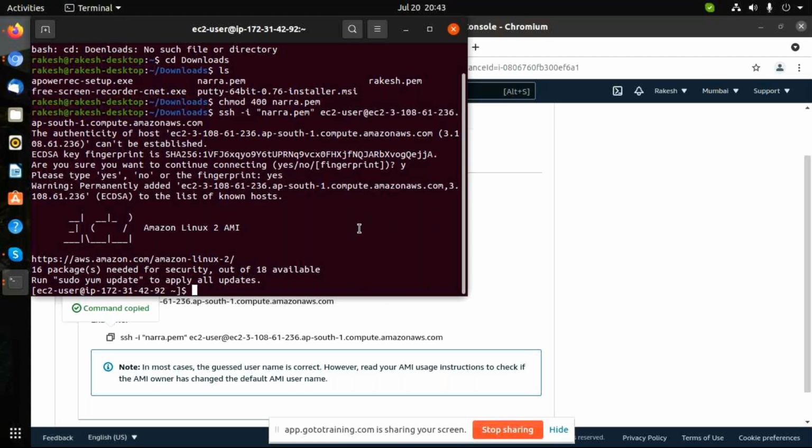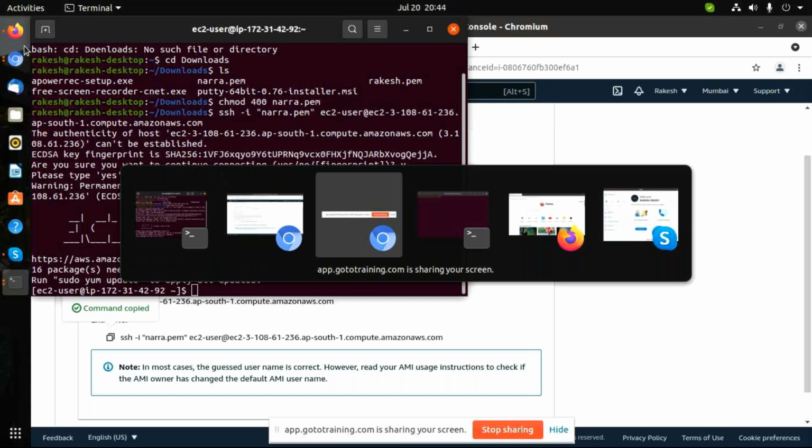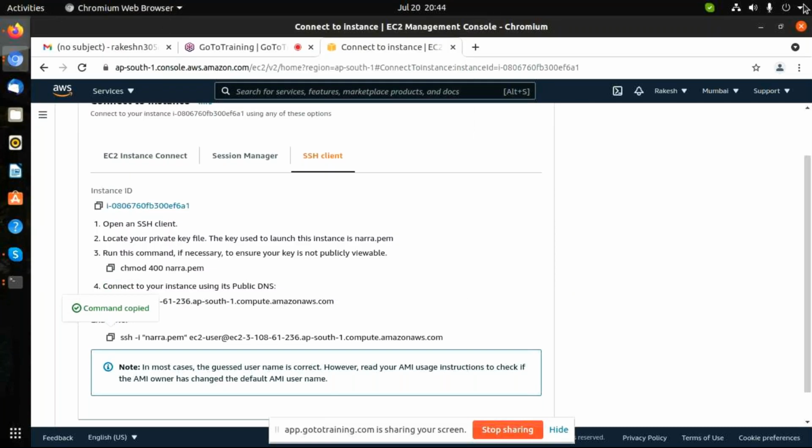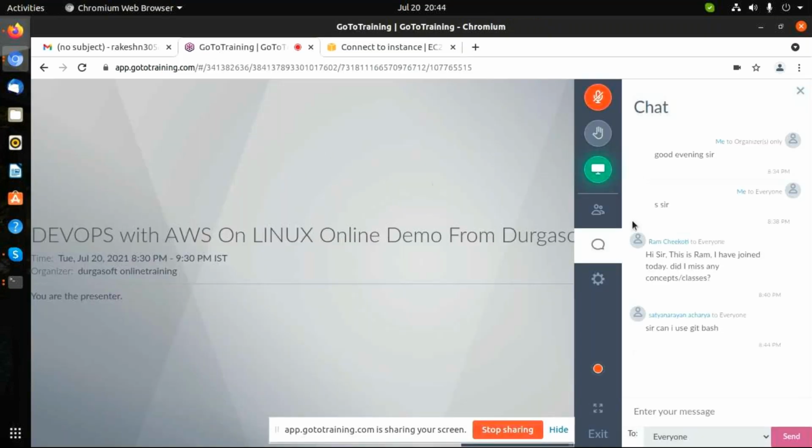Rahul is saying that he is unable to log into the PuTTY session. Maybe try to reinstall. Sometimes a key problem will be there. So Rahul, make sure that you are using the correct key and the correct username.